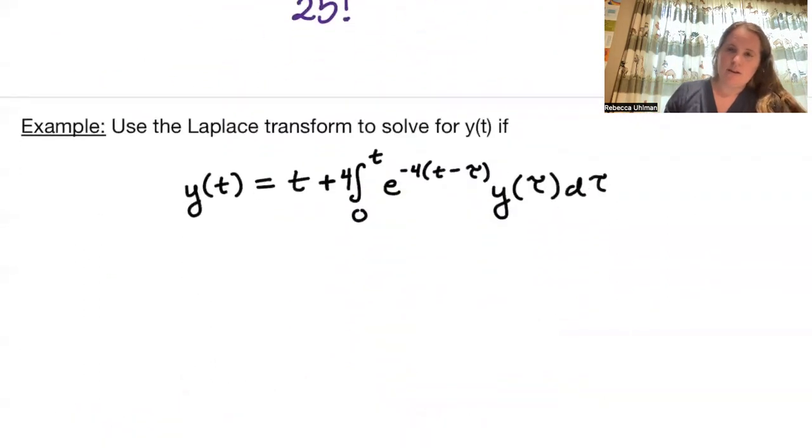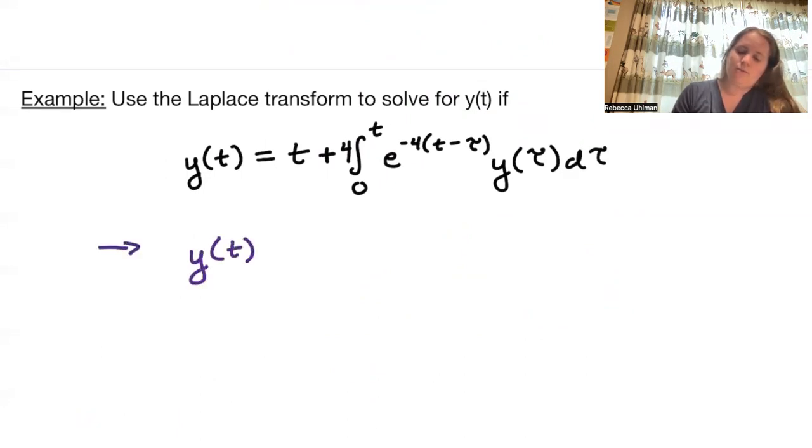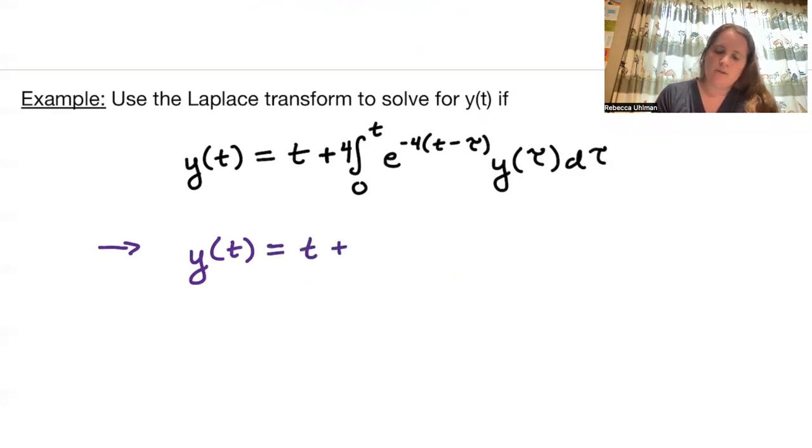One last use, we can solve these special equations where we have y of t equal to some function plus a convolution involving y of t. So note that this is y of t. The example we have here, y of t is equal to t plus 4 times the definite integral from 0 to t of e to the negative 4 times (t minus tau) times y of tau d tau. So y of t is equal to t plus the convolution of f and g,